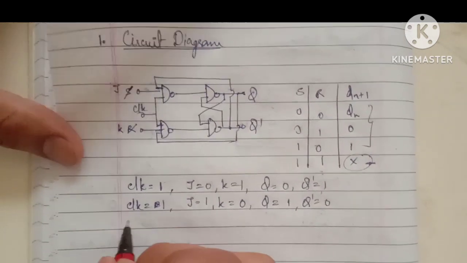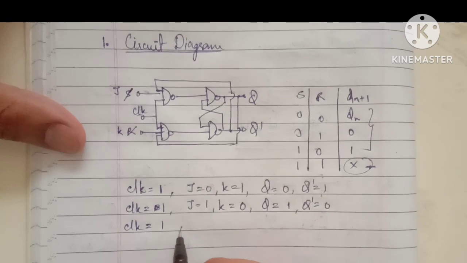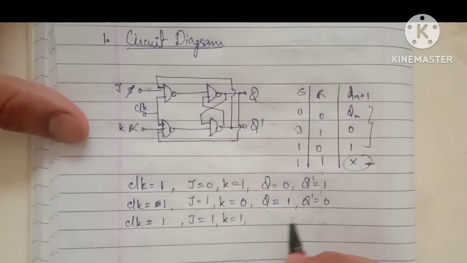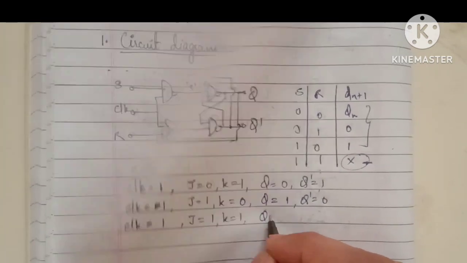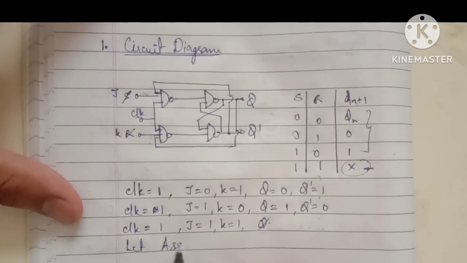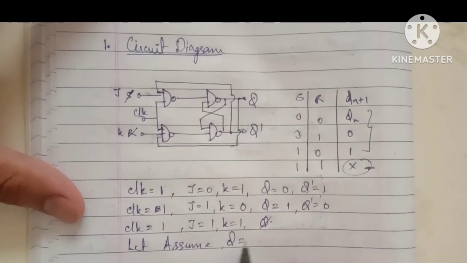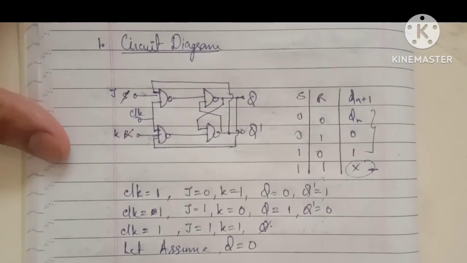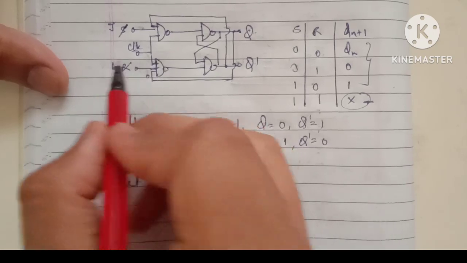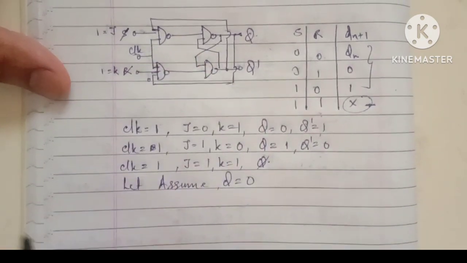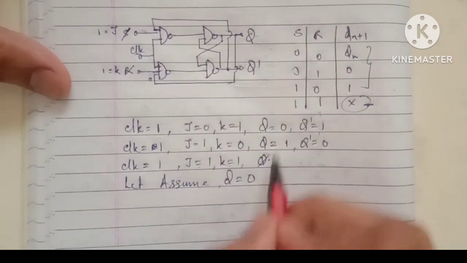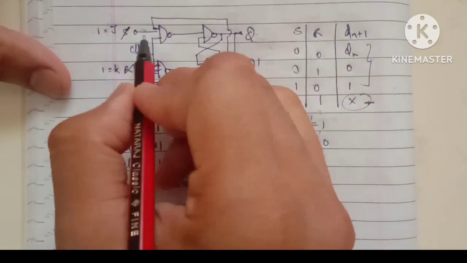Understood? But now we have an issue here, which was the invalid state in the SR flip-flop. When J equal to 1 and K equal to 1, what will be the value of Q dash and Q? So let us assume Q is equal to 0. We'll take 1 also. So this is equal to 0, which means 0 will come here. And these inputs are 1 only. This will not change, this is fixed. Now this is 0, whatever we assume. So Q dash will be 1. So 1 will come here.